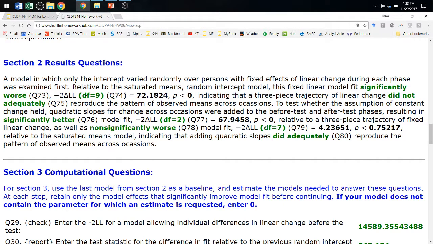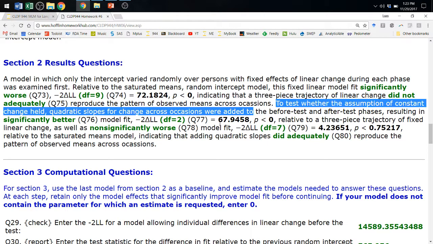The idea is that had the linear model been sufficient, there would be no difference between letting all the means be whatever they wanted and what the model says the means would be as given by linear trajectories. That's the idea. It's a test of absolute fit of the means over time. We then added the quadratic slopes, and the question here is to test whether the assumption of constant change held, that's code words for linear change. Quadratic slopes were added to the before and after test phases, resulting in, and